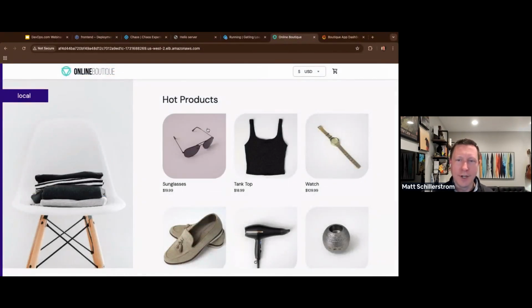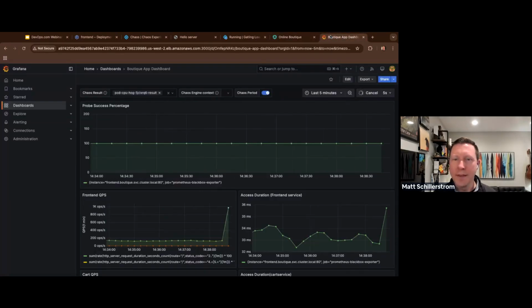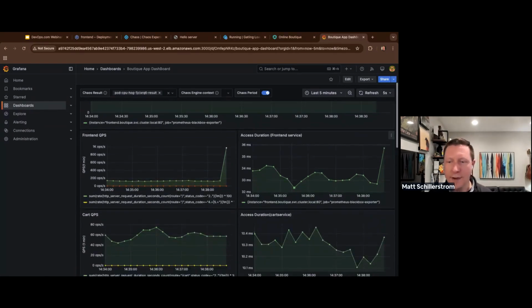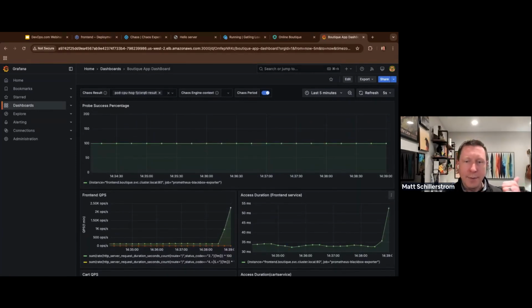And the app that this is running on is just the Online Boutique that Google provides, where you can add stuff to your cart and check out. And then I have this tied in with my Grafana dashboard as well. So here I can see my load testing kicking off and different measurements responding. So I can see, again, is my application performant?